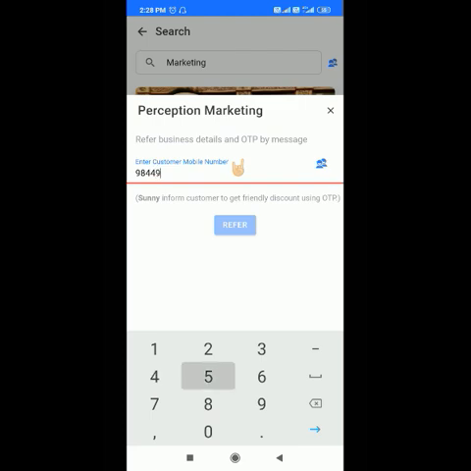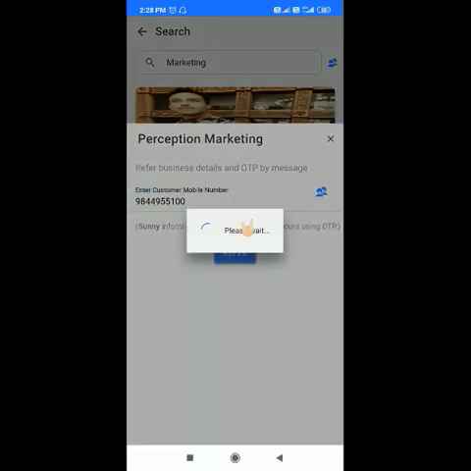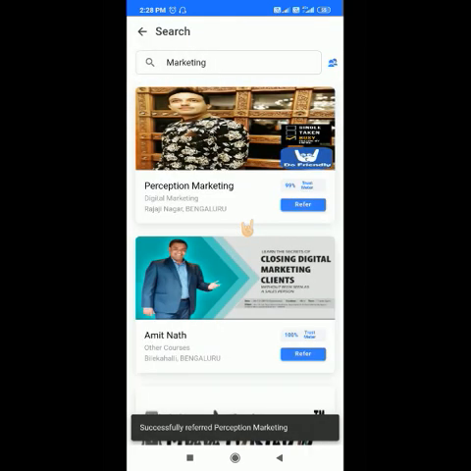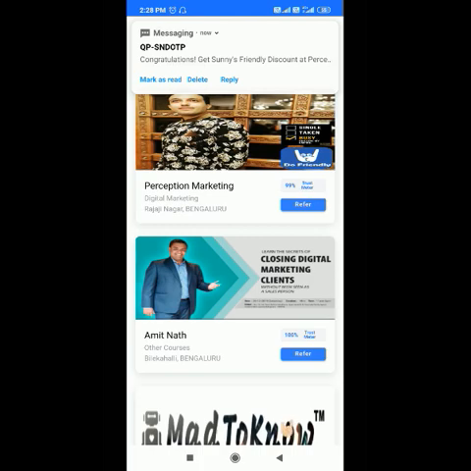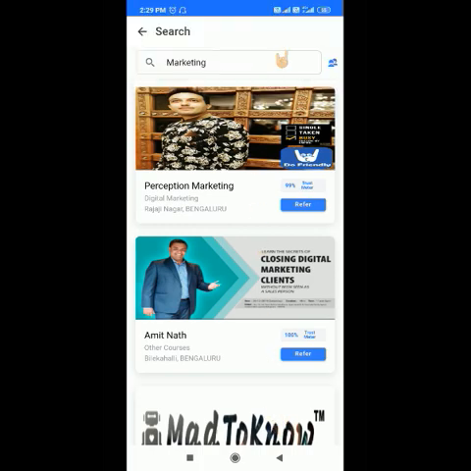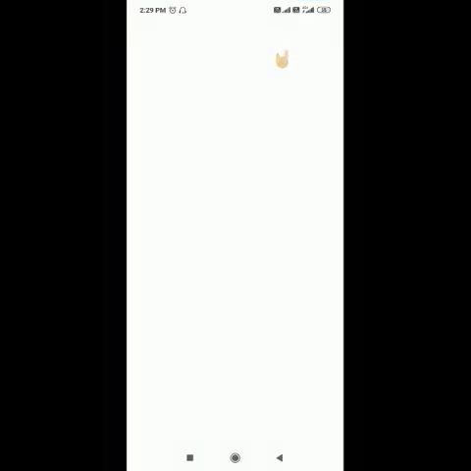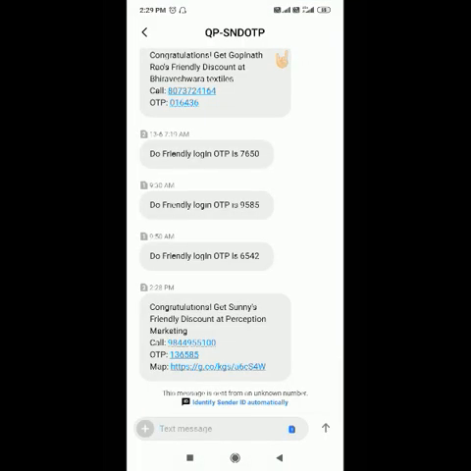So let's imagine I know the customer number and I will click Refer. As soon as I click Refer, the referral is successfully sent. You can see that a message comes and your friend receives the message. You want to see how the message looks? Since I have used my own number, I received this SMS: Congratulations, get Sunny's friendly discount at Perception Marketing.